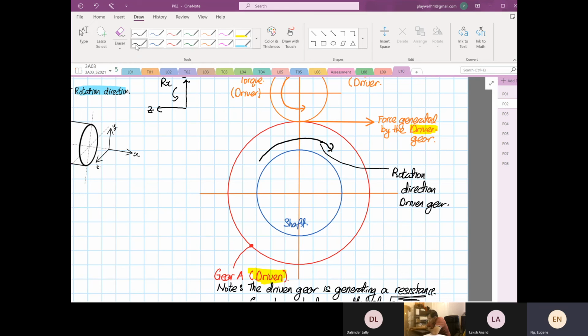Rajinder, I think you're almost getting it. The torque is clockwise. No, counterclockwise. Sorry, it's either left or right. So this is the direction. Okay, so this is the resistance force